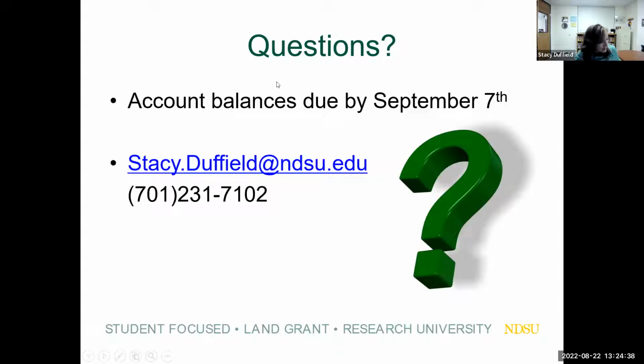And I think, let me just go back to the page here and see if there was anything else that I wanted to go through. Oh, and then we just have information at the bottom. This isn't for right now, but we do have information linked on that page as well for ordering your transcript. You can always see your unofficial transcript in Campus Connect as well, which you'll be able to log into even after the class. And we do have instructions on how to access both your official and your unofficial transcript if you need to send your transcript anywhere.